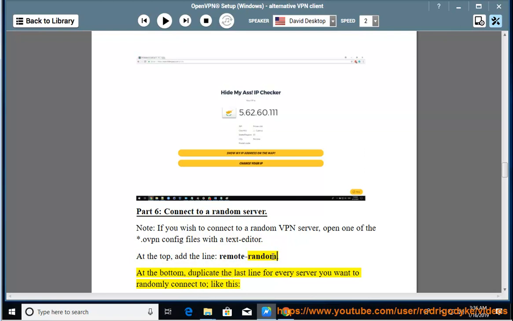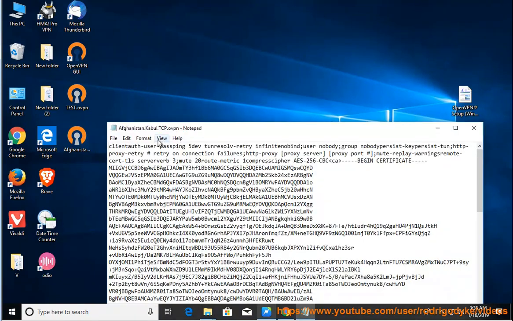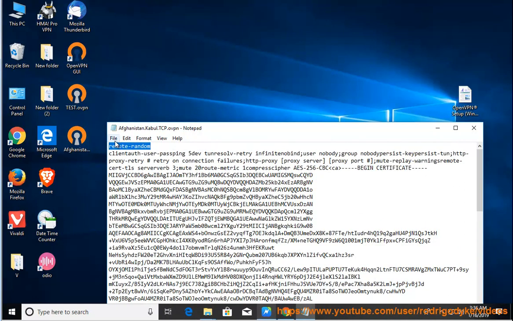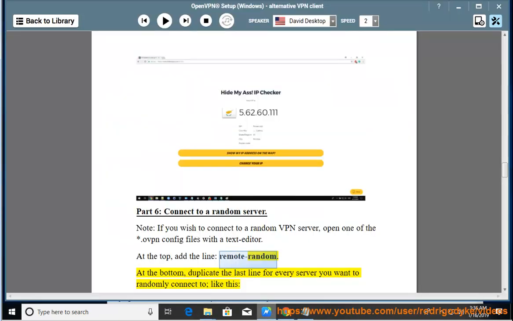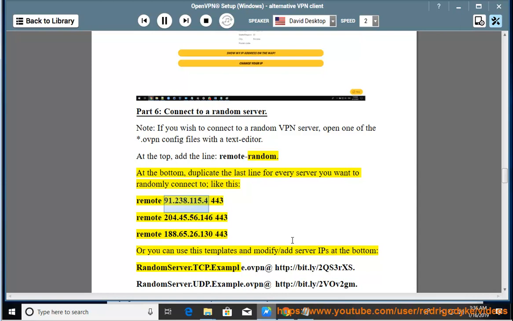At the bottom, duplicate the last line for every server you want to randomly connect to, like this: remote 91.238.115.4 443, remote 204.45.56.146 443, remote 188.65.26.130 443, or you can use these templates and modify/add server IPs at the bottom,